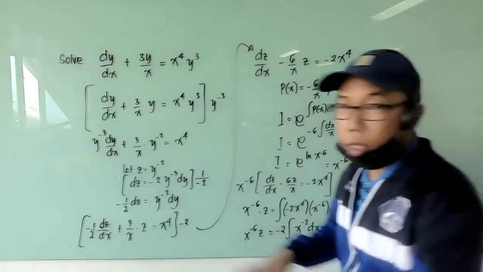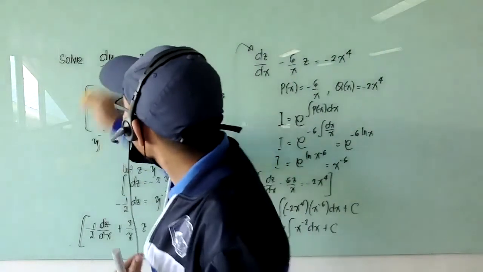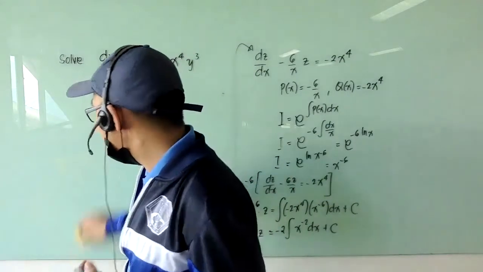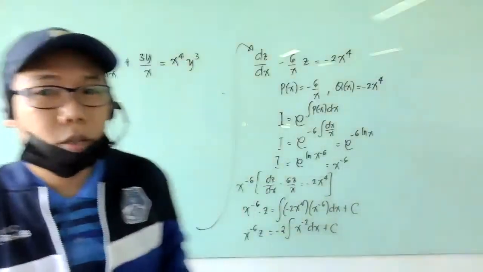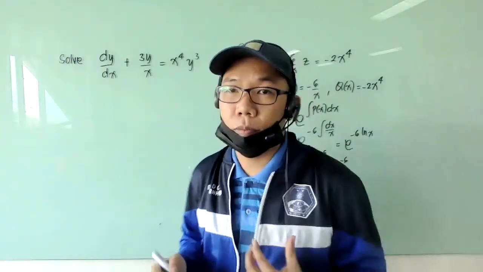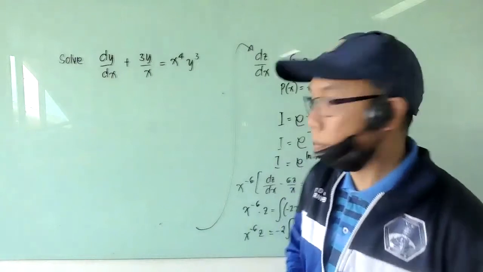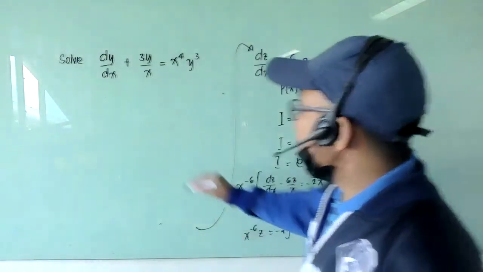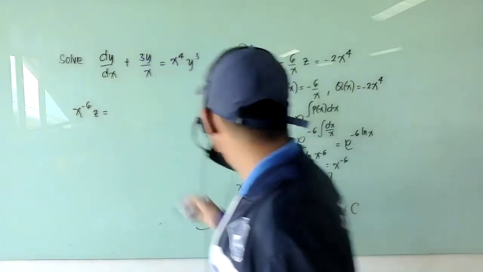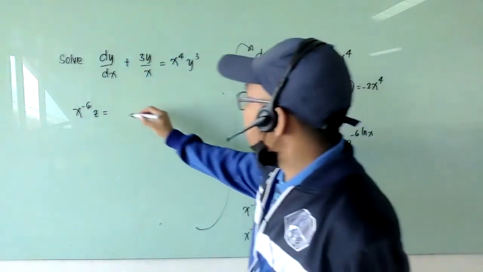Now we erase this one and continue our solution. Now we copy. So x raised to minus 6 times z equals minus 2